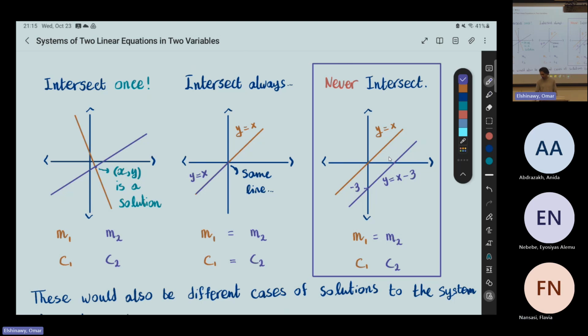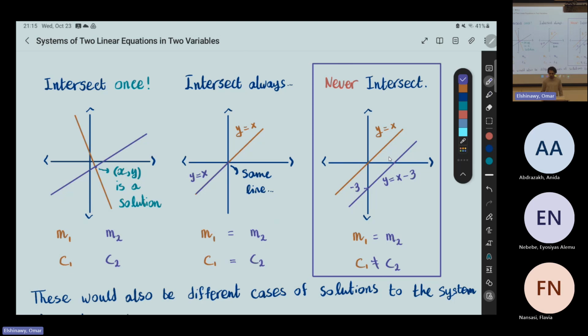Yeah, but can you explain to us why, maybe? I don't think they should be the same. Okay, what happens if they are the same? Then it's the same line. Yeah, then they always intersect, right? Yeah. So if we play with this and we say C1 will not be equal to C2, then we have